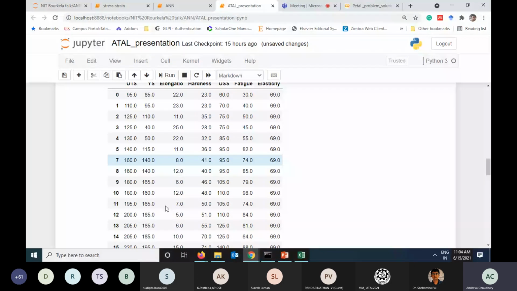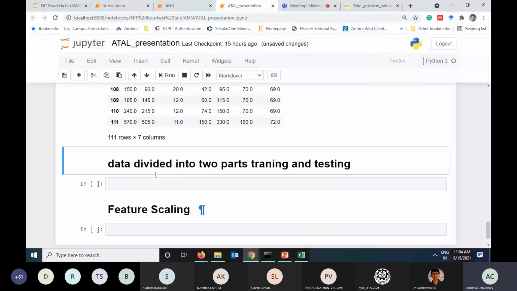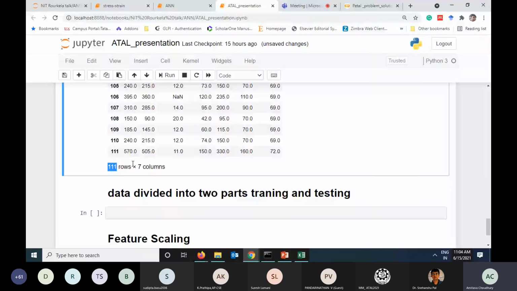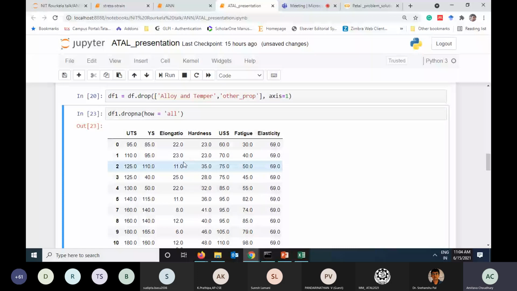So see, you can find 1112. The total number of rows was 1112. Now it is only 1111, and you can find that a NaN value is still there. Okay. So what to do with these NaN values? Whether we leave them as they are, then obviously your program is not going to work. So now it is our call. We can delete all the NaNs, which obviously reduces our data set. And if somehow